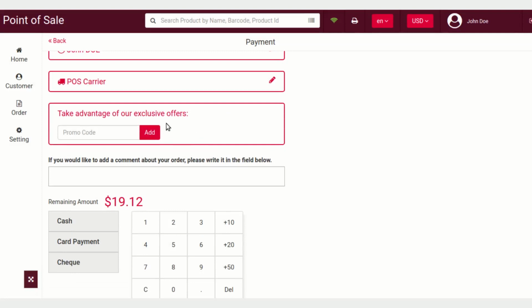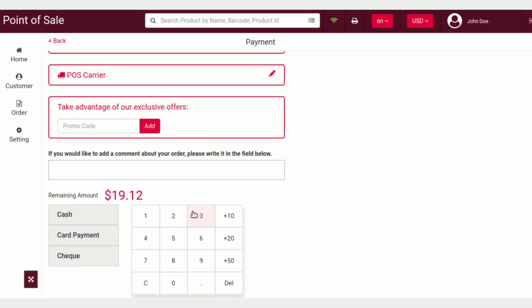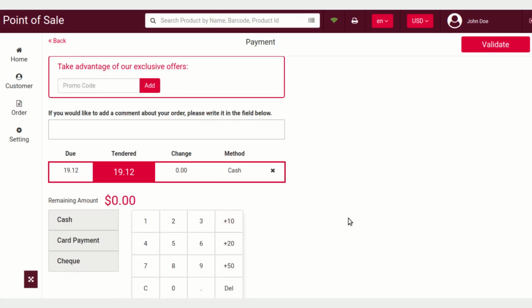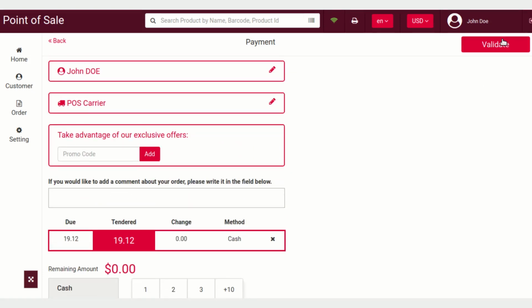Then coupon settings. This was also available under the configuration page, whether you want to provide this coupon field or not. In case this was disabled from the configuration, then the promo code application field will not be available at the POS end. After that, a POS employee needs to select a suitable payment option through which the customer wants to proceed.